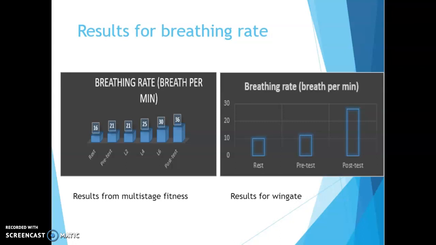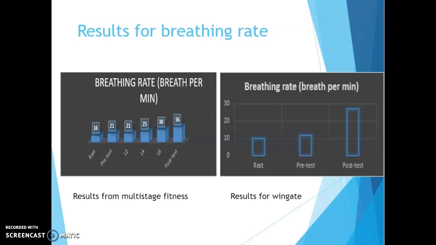Similarly, for breathing rate, with the results for Wingate, it's shown that the rest has a low breathing rate because there's no demand in oxygen. And pre-test, even after a little warm-up, it does go up. That can also be due to anticipatory rise, which is caused by the release of adrenaline, but I'll talk further about that further on. And then post-test, the breathing rate escalates greatly because of the increased demand during the test,